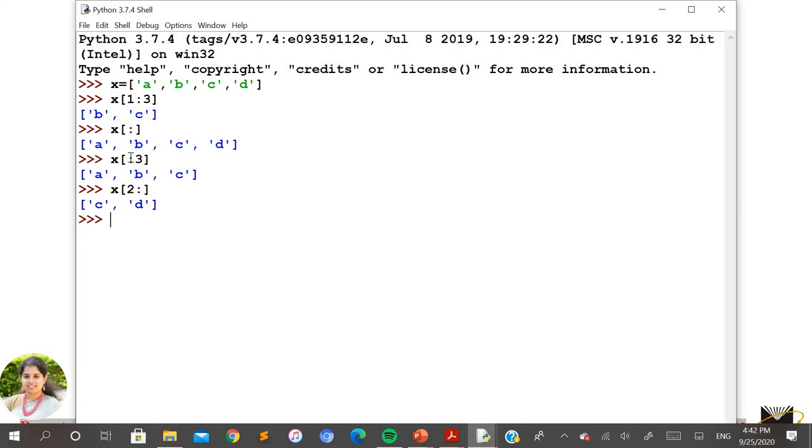So the other case is where you can miss the n value, that is the first parameter to the slicing, for which by default it will start accessing from the 0th position here. So in the same way, if you are going to miss the last parameter for the slicing, it will start extracting from the specified n value but till the last value by default here. So do remember these cases here.